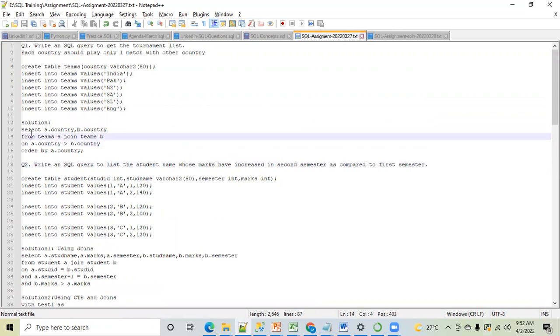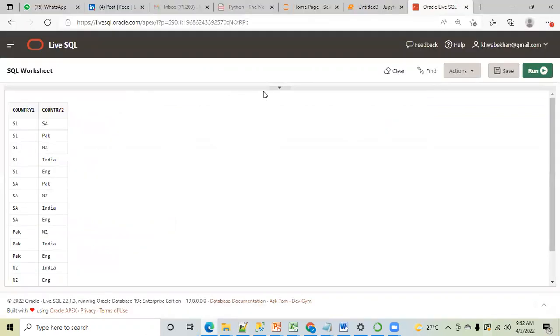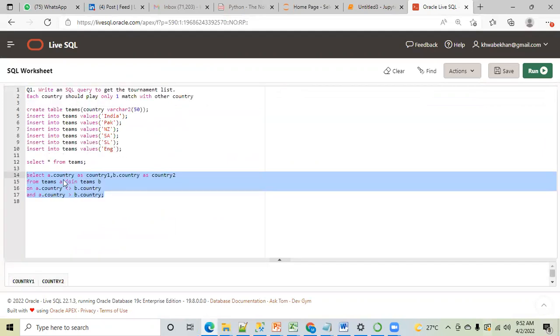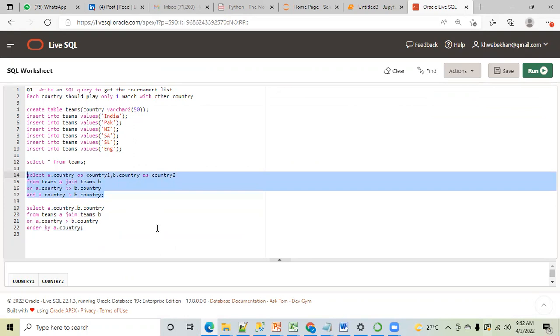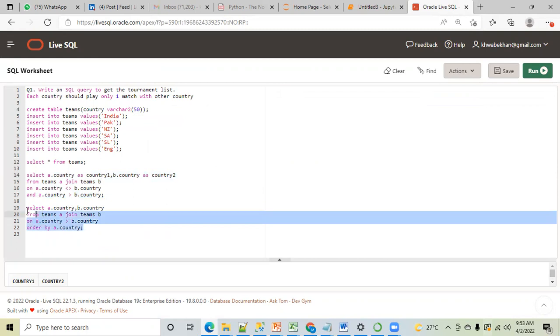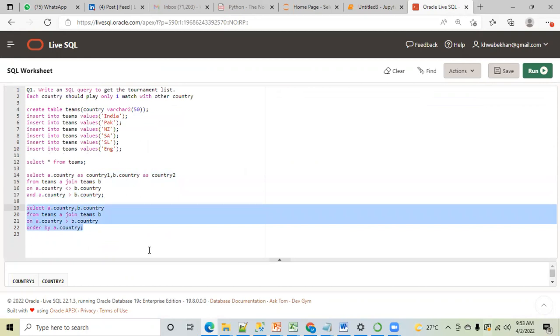Now here, if you see the query which I have written, what is the difference between the query which I have written earlier and which I have shown you right now? What is the difference between these two queries, guys? This I have shared with you earlier, and this I have written now. What is the difference? Are they both same? Duplicates will come. Not equal, like India, India, Pakistan, Pakistan. Oh, okay. So you are telling in this query we will get duplicates as well, correct? Yes or no?